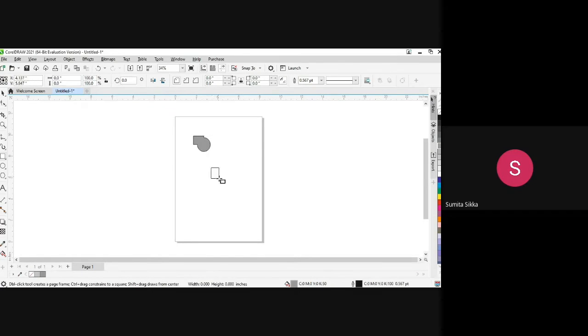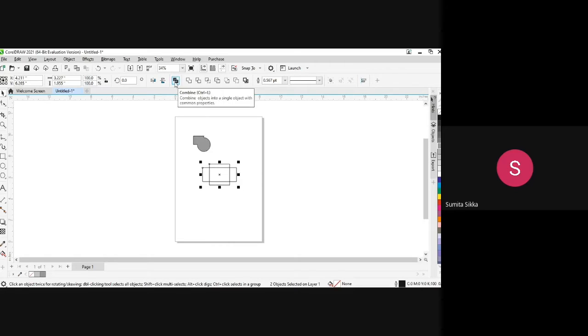Again, I'm repeating, if we are just taking any two shapes, this is one shape. Again, I'm taking second rectangle only. You have to just draw it somewhere else first. And then I'm going to place it over this, right? And with the help of first tool, pick tool, I will select both the objects. The moment I select both the objects, this property bar changes and it shows me this option. This is combine, this is weld, right?